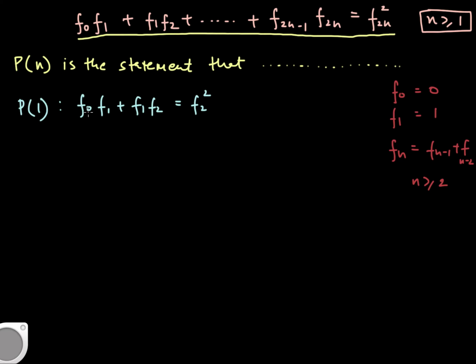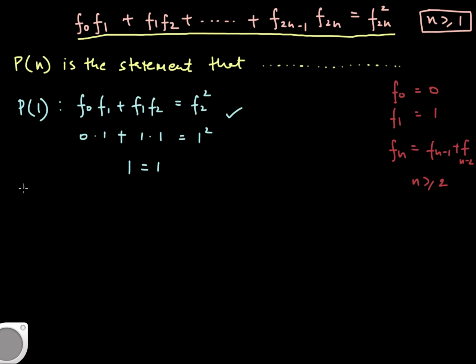So going back to this expression here, I can see that f of 0 is actually 0 on the left hand side, times f of 1, which is 1, plus f of 1, which happens to be 1, times f of 2, which happens to be 1, equal to the right hand side f of 2, which is 1, squared. This entire piece becomes 1 equals 1, and you can see that your basis has been proved. Okay, now